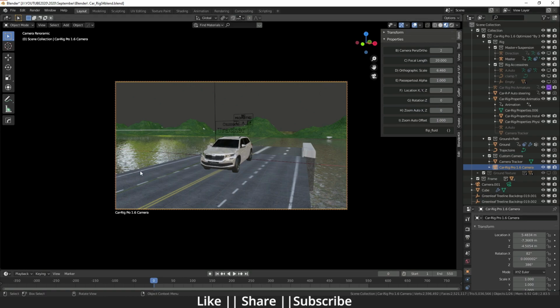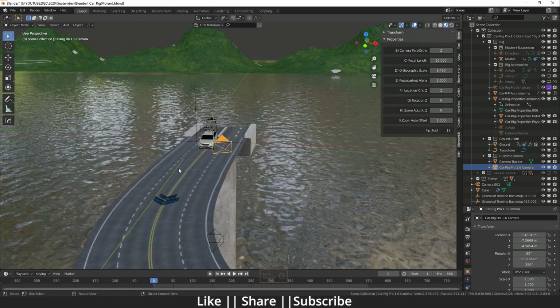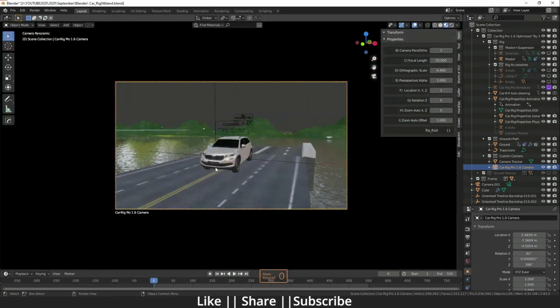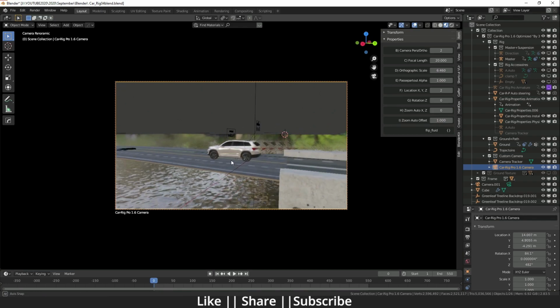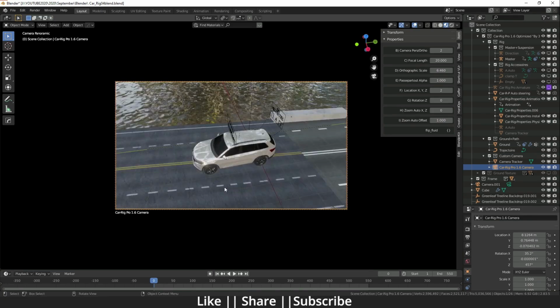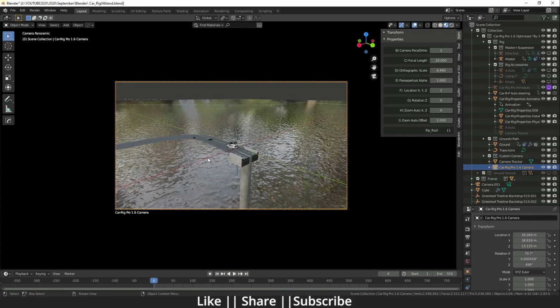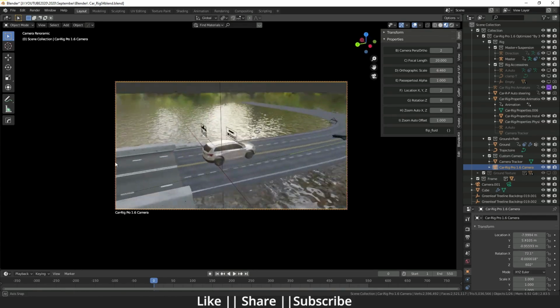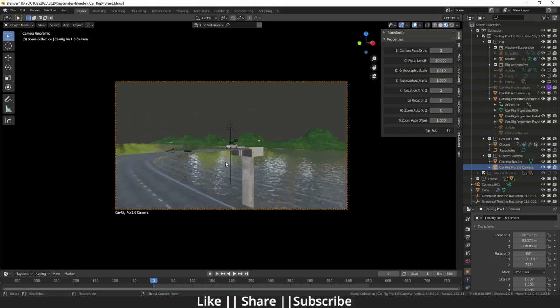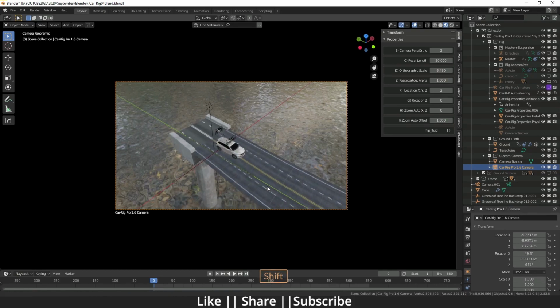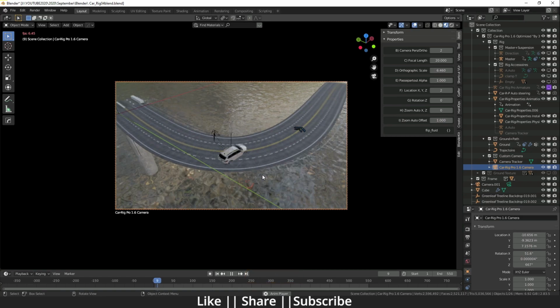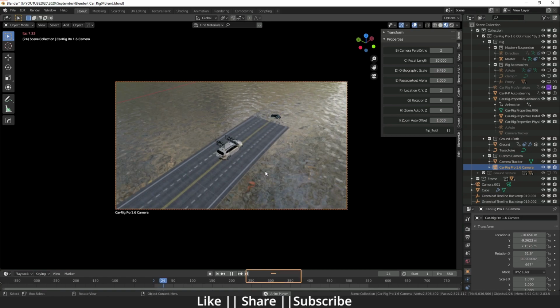Now we'll talk about how we can create the animation. Here you can see right now I have set one camera. You can set any kind of view from here. I'm just going to rotate it, so you can take any kind of angle. It depends on you what you want to take. If you keep this camera like that, it will track your model from this view as well.